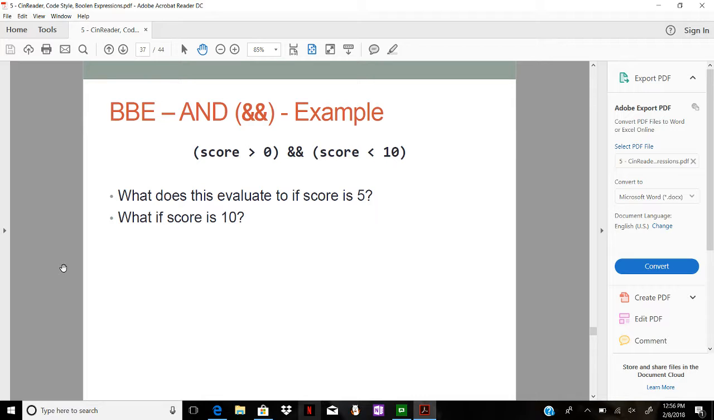What if score is 10? False, because is 10 bigger than 0? Yeah. Is 10 less than 10? No. Yes and no becomes false. Okay. So a lot of times we will figure out what they are, we'll put them in these truth tables,